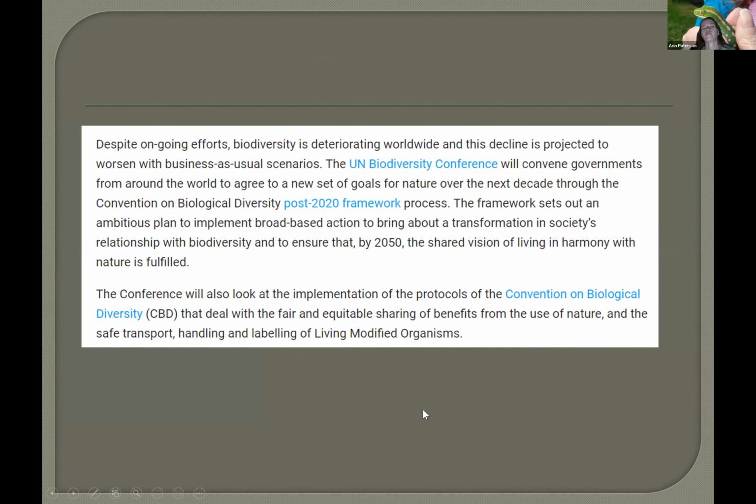So this is just a summary of what the UN Biodiversity Conference says on their website. They're going to focus on the post-2020 framework process. And like I said, I looked through this and debated spending a little time on it. But basically, the idea is to try to come up with some agreements to try to protect biodiversity, but they're very broad, and it leaves you with a lot of questions about, well, how exactly is this going to be implemented, and how will this be implemented in a way that